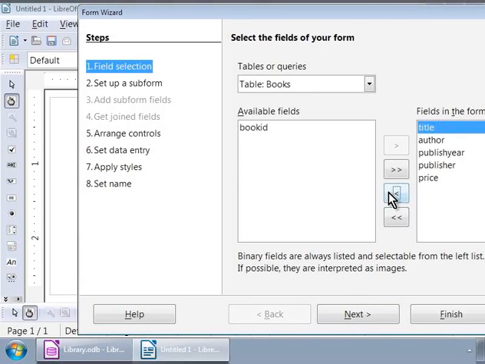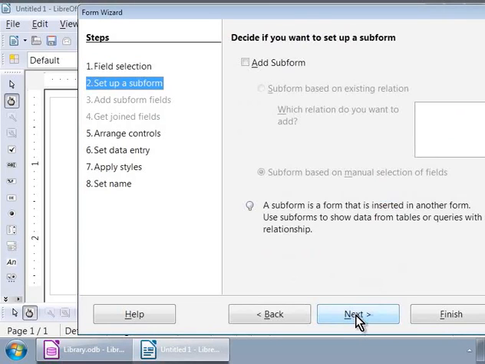Okay, let us go to the next step now by clicking on the next button at the bottom. Step 2. Since we are creating a simple form, let us skip this step for now and simply click on the next button.